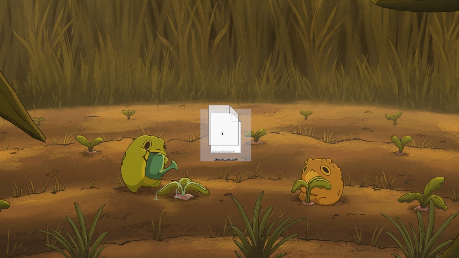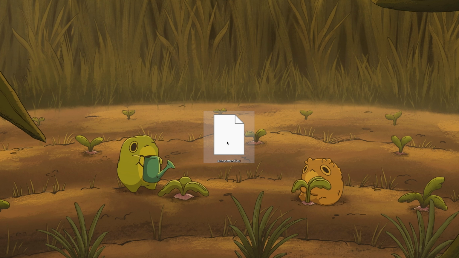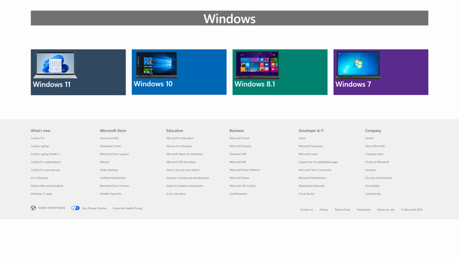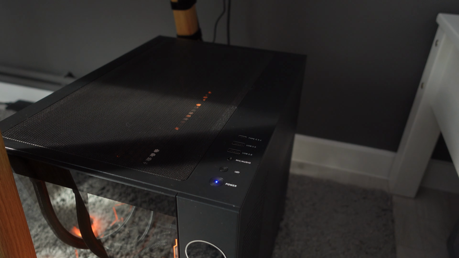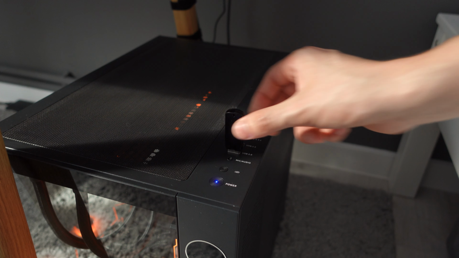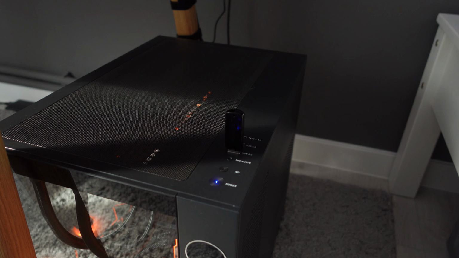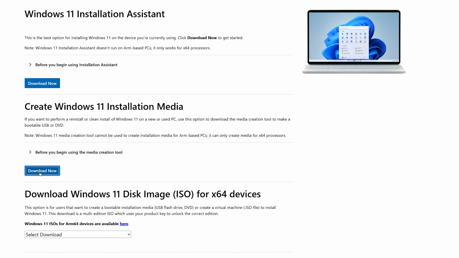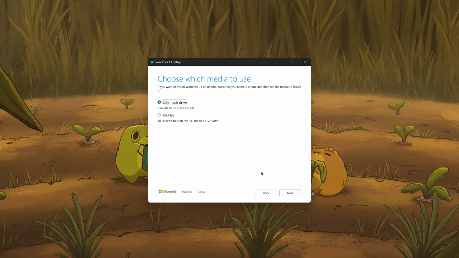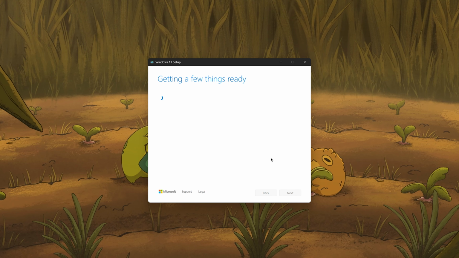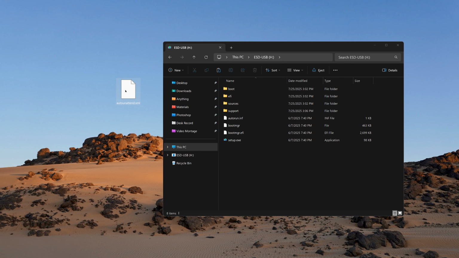So we have an answer file, but we also need a Windows image, which is easiest to download from the official Microsoft website. First, connect a USB drive with at least 8 GB to your PC. Then download the media creation tool for your desired Windows version and use it to write the installation image to the flash drive. Once the image is written to the flash drive, simply add your answer file there and you're